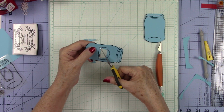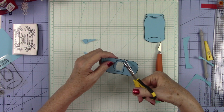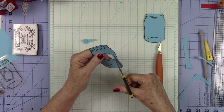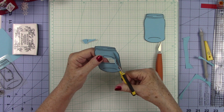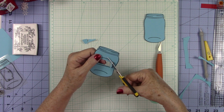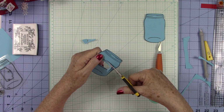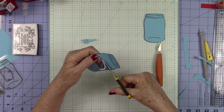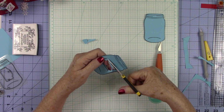Now once I get it kind of out like that, then I can go back in, and I'm going to cut to that corner, and over here on this corner. And I think now I'm just going to come in with my scissors, and I'm just going to cut up on that little stitch line. And this is a little different because you are cutting from the inside, but it's going to work the same way. You just follow your scissors around just like that. And you may have to practice this a little bit to get it. But like I said, use some scrap paper